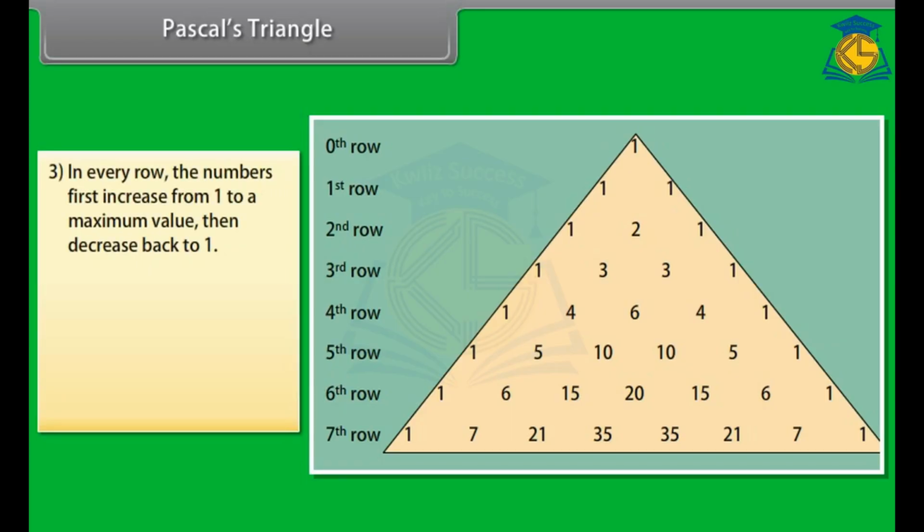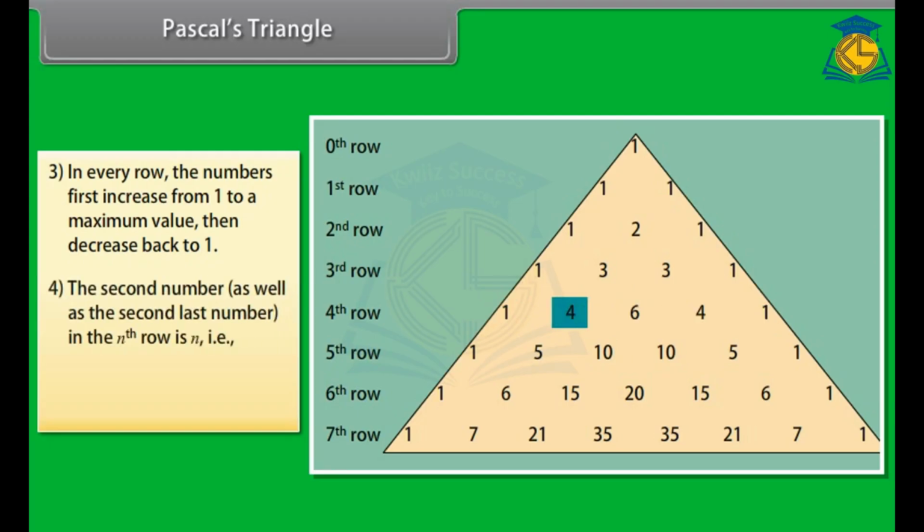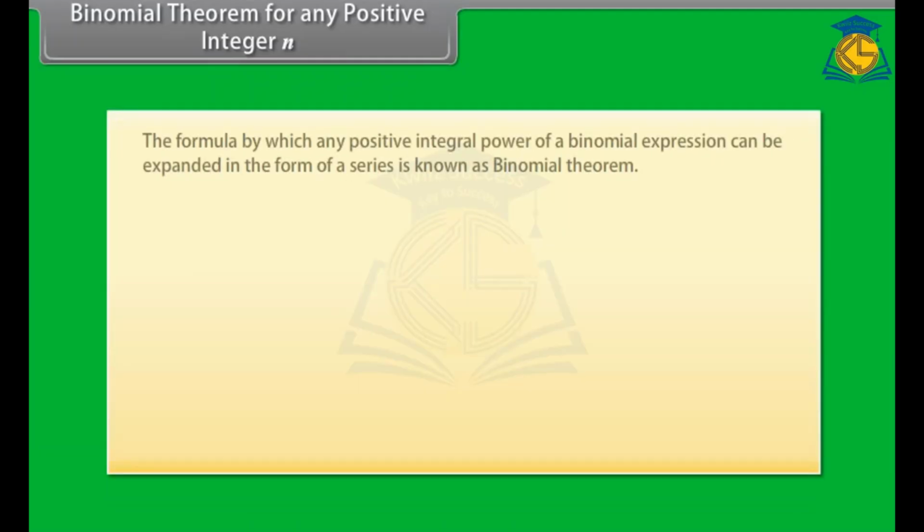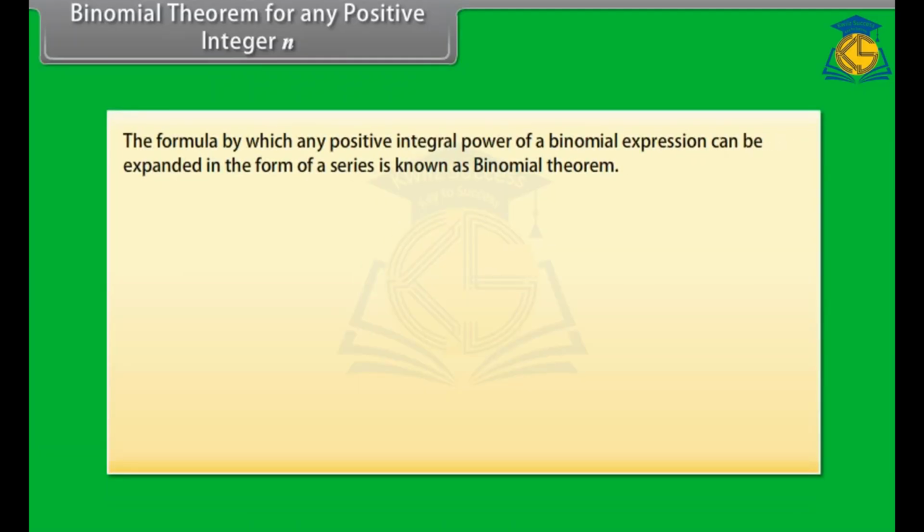In every row, the numbers first increase from 1 to a maximum value, then decrease back to 1. The second number as well as the second last number in the nth row is n, that is, nC1 is equal to nC(n−1), which is equal to n. Binomial theorem for any positive integer n. The formula by which any positive integral power of a binomial expression can be expanded in the form of a series is known as the binomial theorem. If x and a are real numbers, then